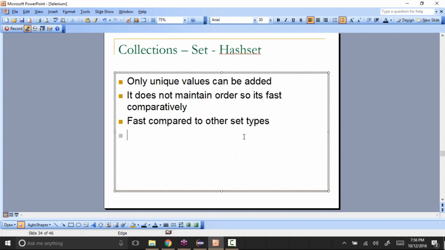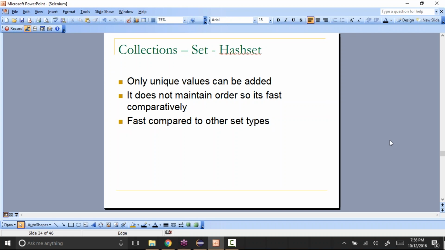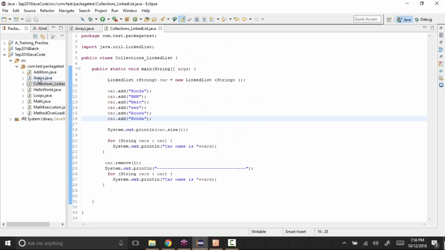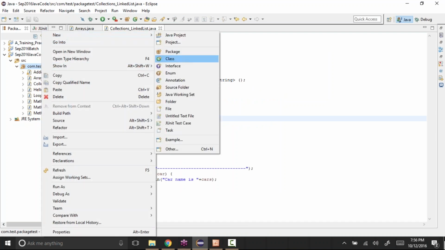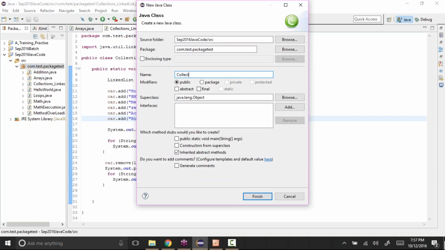Let's see how to create a set also. The first one is the HashSet, one of the types of the set that we have in Java. Let me create a new class, Collections_HashSet.